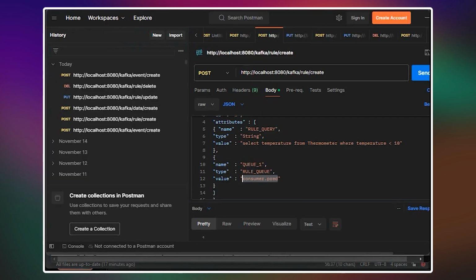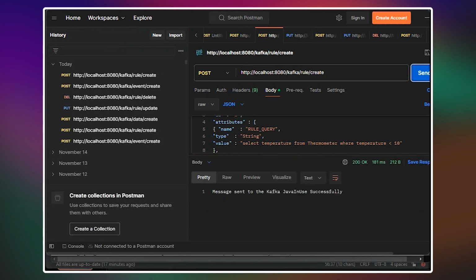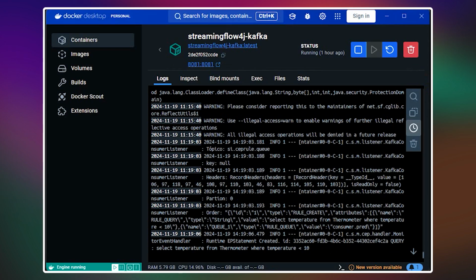We're going to send this information to streaming flow for J. Let's go to see the result. Okay, we can check there again. It's arrived here. Now it's streaming flow for J and creates this new rule, new behavior, select temperature.